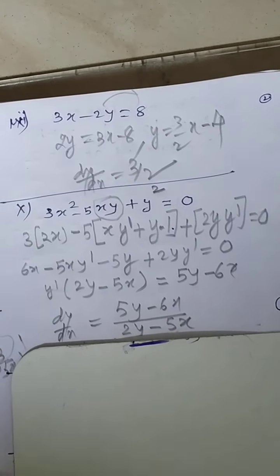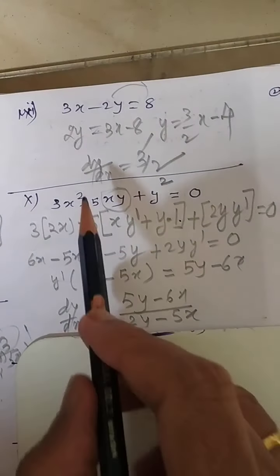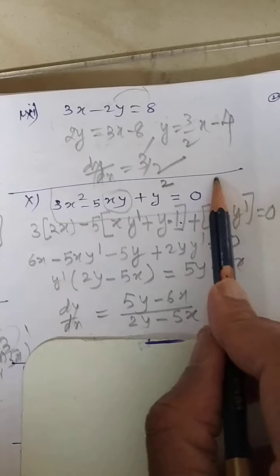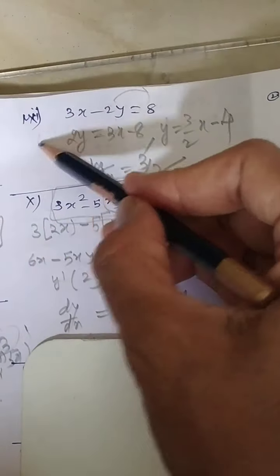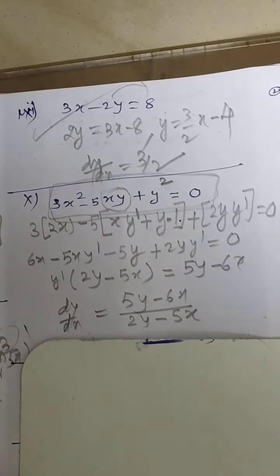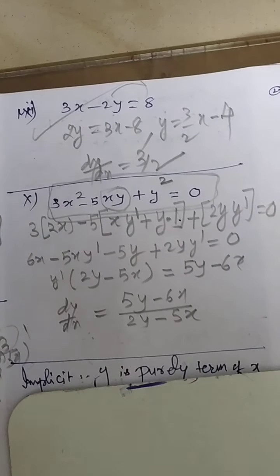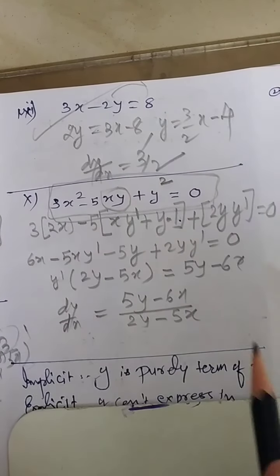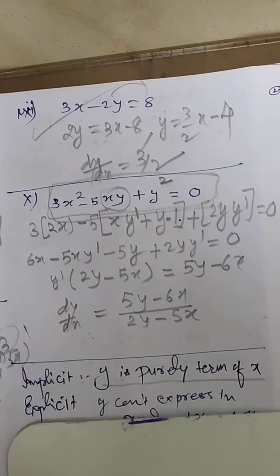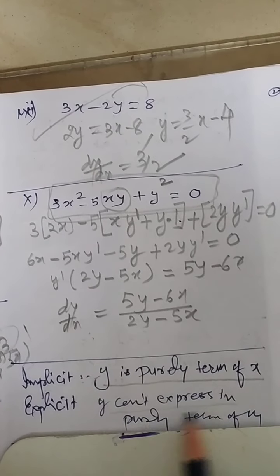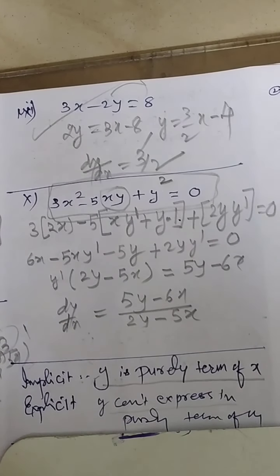Do you know why we have switched over to this technique? Because there was a possibility that you cannot write y in terms of x. This y cannot be written in terms of x, whereas in the previous question it was possible. So at this point I am adding a new concept: there are some functions where y can be purely expressed in terms of x, and there are some functions where y cannot be expressed purely in terms of x. Based on that, two words are there: one is implicit function, the other is explicit function.